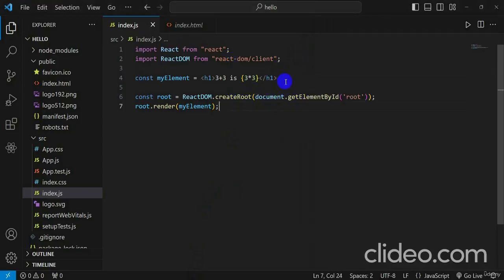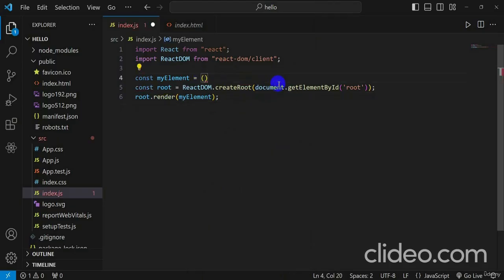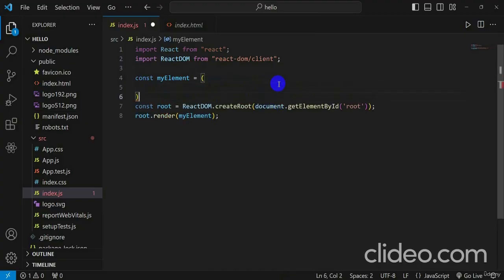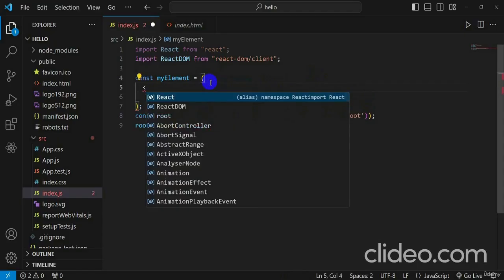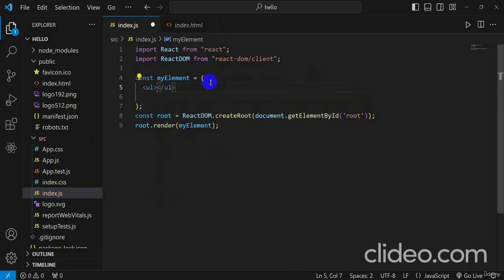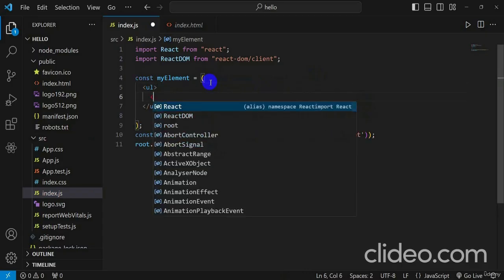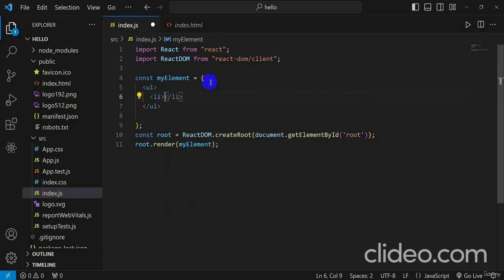Okay, so I'm going to this code and now removing it. Okay, so now I first created the parenthesis and here I'm inserting the list. So first of all I'm inserting the HTML tag for UL, unordered list, and now I'm inserting the list first. Okay, opening and closing, and now I'm inserting, suppose, the fruit's name, apple, and now in this